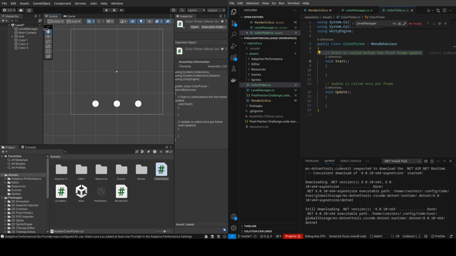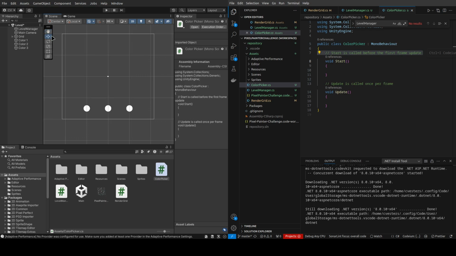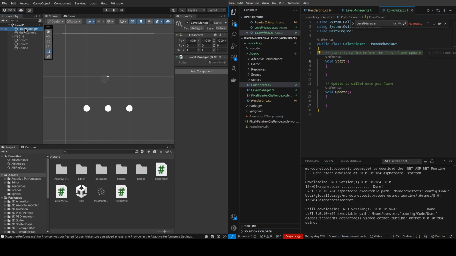Different tool maybe? Move tool, view tool, rotate tool, rect tool. I want to just select, oh yeah, I select them like this, of course, yes. Add component, not physics, not rendering, not playables. I could do indeed a new script, but preferably I just want to have like an on click, which